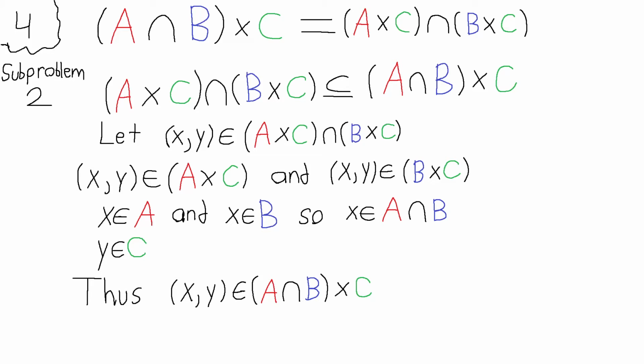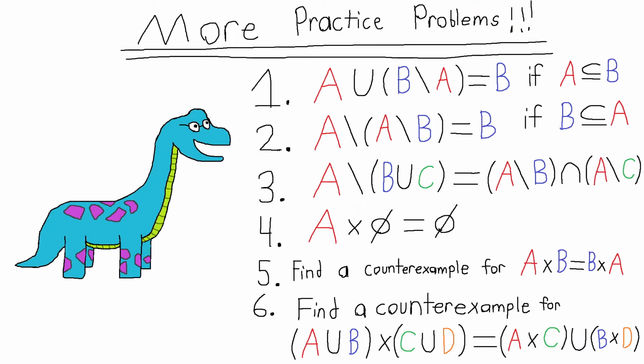So the right side is a subset of the left side, and since both sides are subsets of each other, we conclude that they have to be equal. That's the last of the practice problems for this video. But if you're looking for more chances to test your understanding of basic set theory, I highly recommend trying out these 6 practice problems. Before I end the video, I want to talk a bit more about what we can do